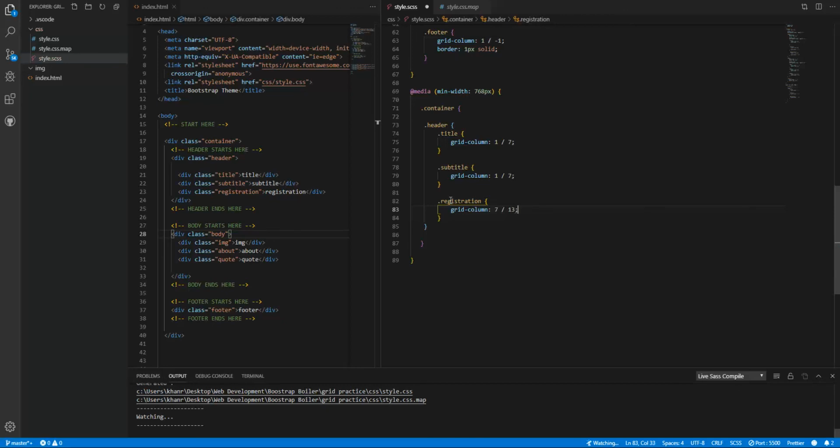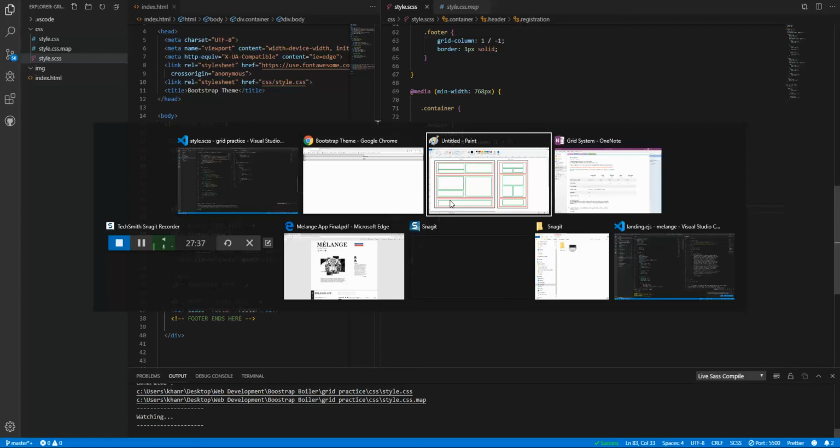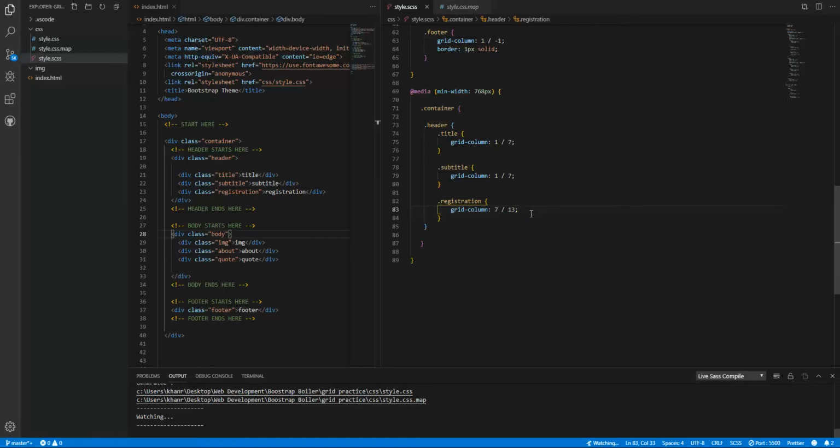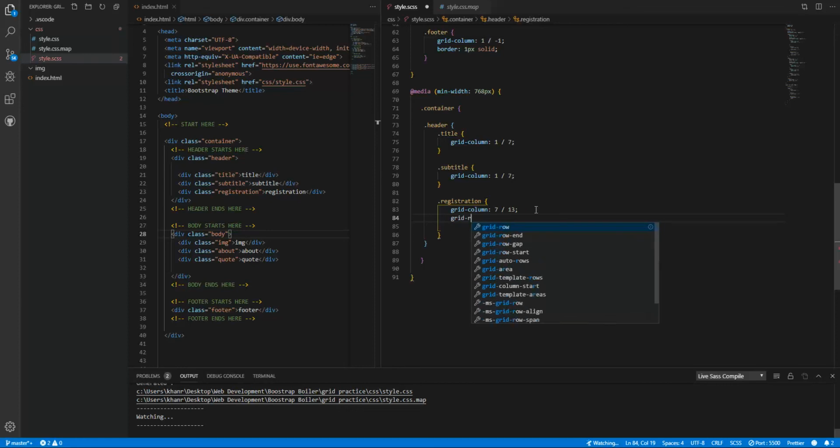So if we go back to the live version, okay. But here's the thing that I want. I want this registration to span 2 rows, because I want that whole section, per our wireframe. It spans 2 rows. So what we can do here, if I remember, is grid row span 2, and I save it,